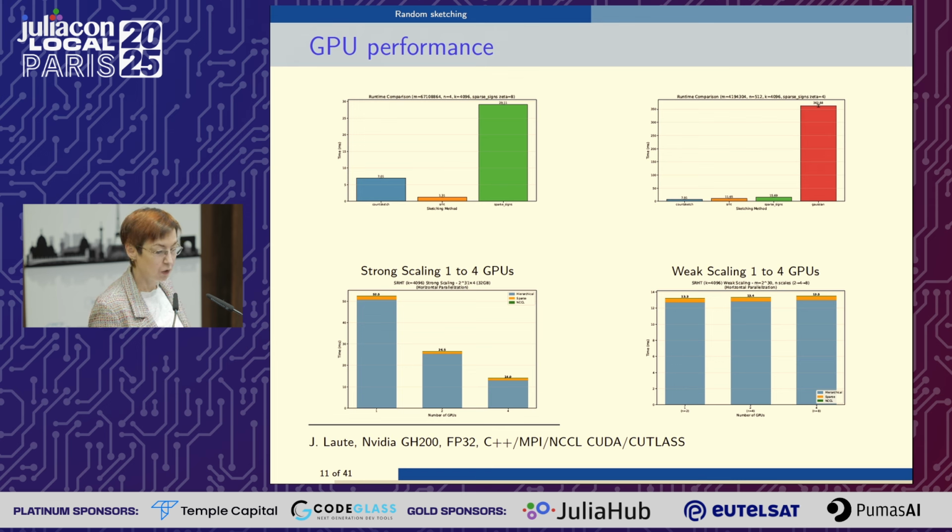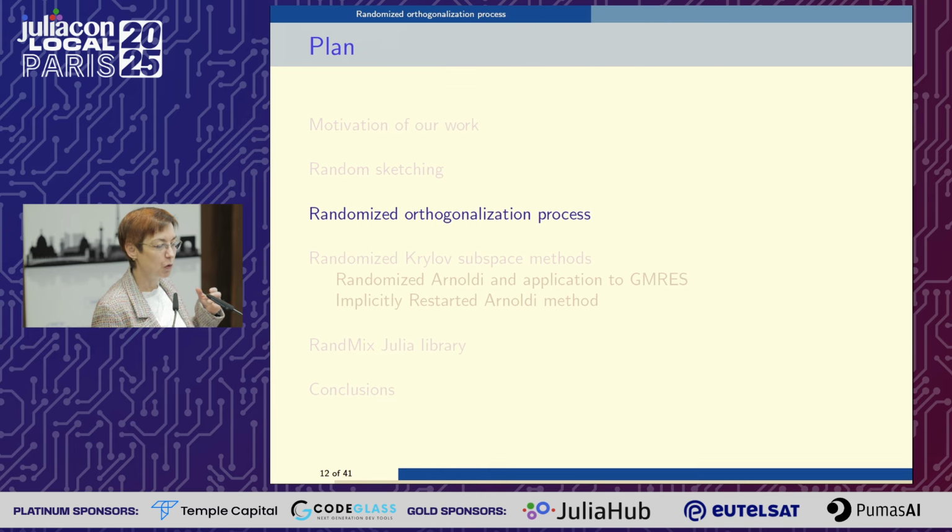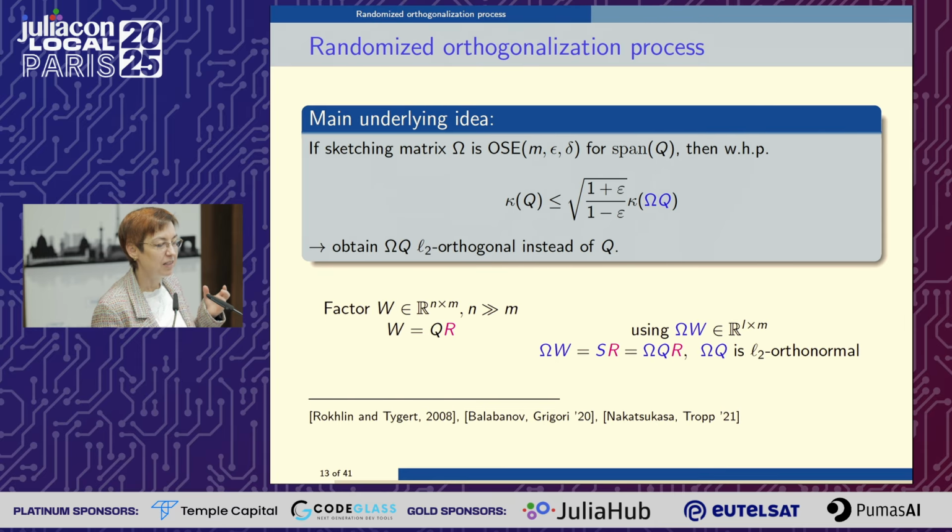And here all the computations are done in 32 bits. So all this first part was to convince you that sketching can be done quickly. And now I will continue with showing how we use this technique for linear algebra problems. And then one of the bottlenecks in many operations is orthogonalizing a set of vectors. And when we want to orthogonalize a set of vectors, we are given a matrix W, and we want to